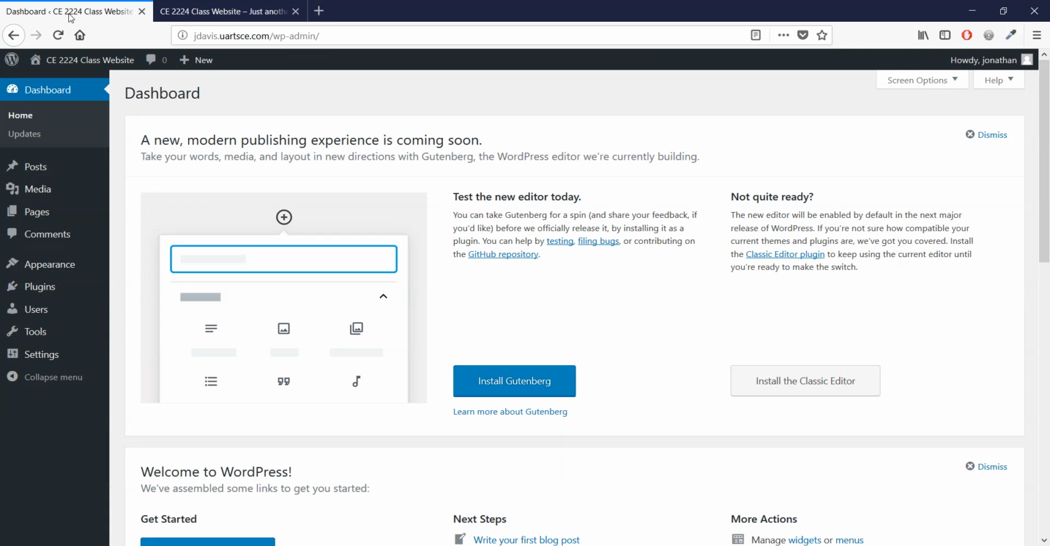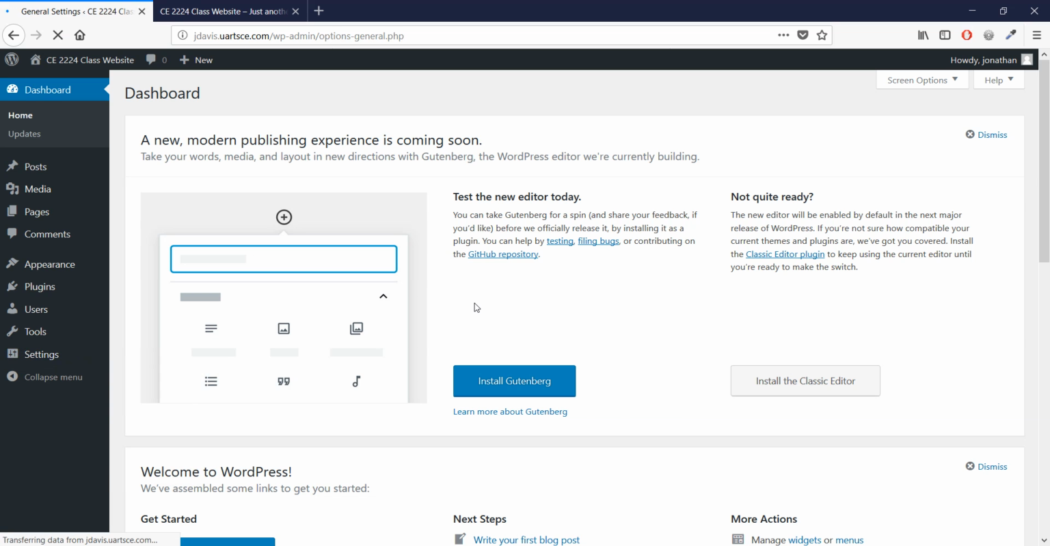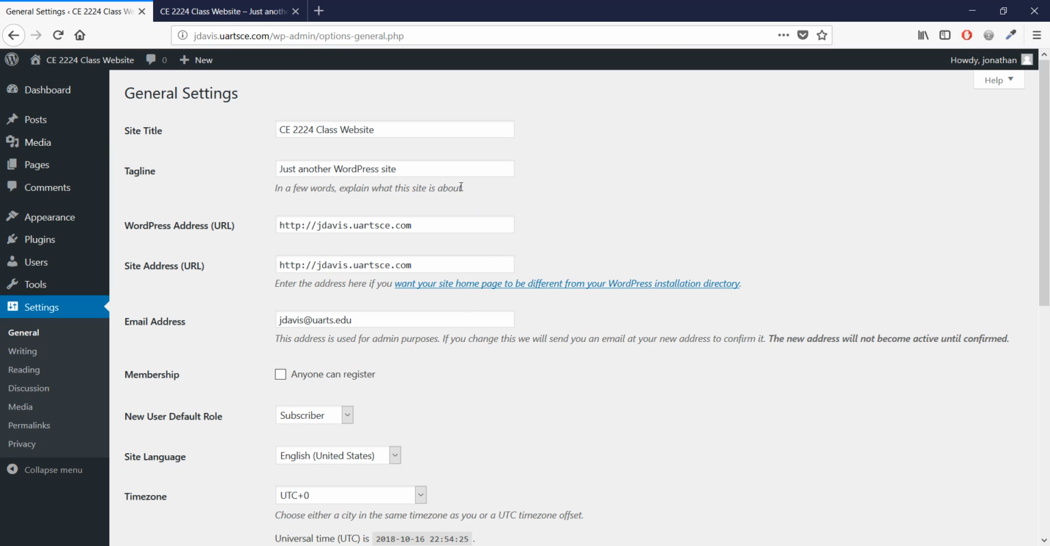Let's go back to the dashboard. So, a few things to set up even before I get into the themes for this. Let's go into settings, and let's start in general. So, in the general settings,